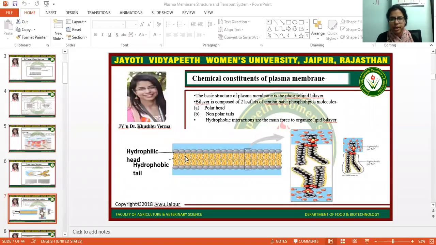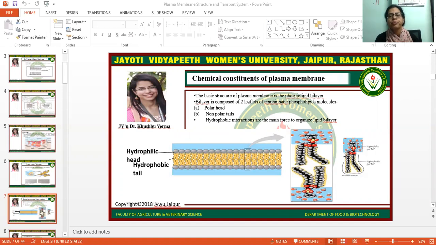So here I am showing the chemical structure of phospholipid. You can simply see this is the lipid bilayer, in which hydrophobic tails are arranged inside the lipid bilayer, and these are the hydrophilic head regions which are interacting with the other molecules as well as with the water molecule. If you concentrate on one single phospholipid molecule, you can see this is the hydrophilic head region, and these two are fatty acid tails which are hydrophobic in nature.